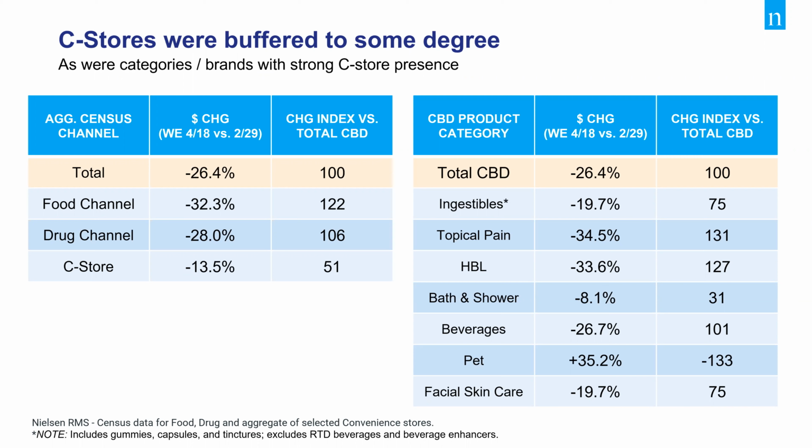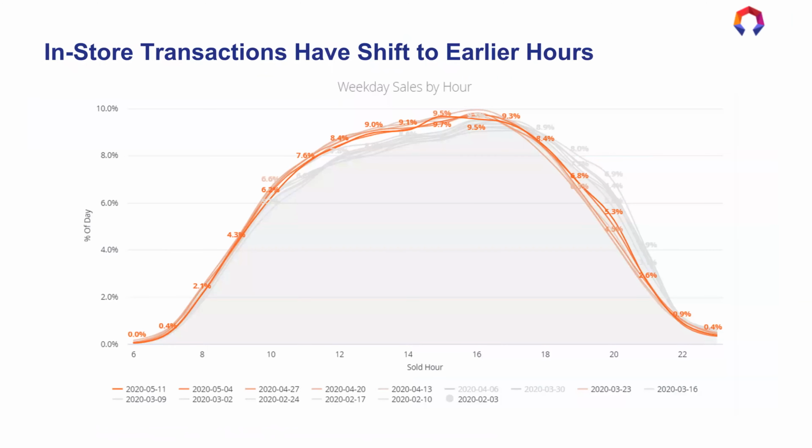Thanks, Rick. All right. So Rick kind of gave us an idea of what types of things were being purchased differently, and I'm going to dive a little into that. But first, rather than what is being purchased differently, I want to talk about when things are being purchased differently. The first thing we're looking at here is a graph broken down by the hour of the day for that day's sales. We're looking at weekdays here, and really the big takeaway from this slide is that